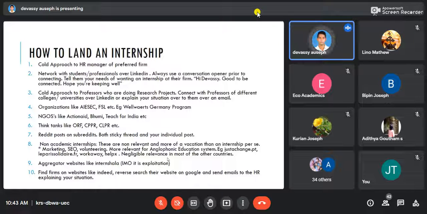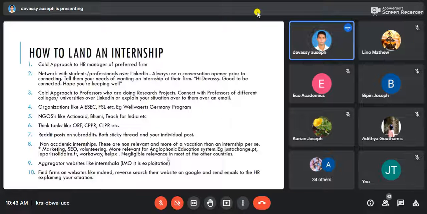And what you can do is you can reverse search their website on Google. So, for example, there is a company called JS Market Reports on Indeed. They are hiring somebody, not an intern. Talking about an employee. They are hiring an employee. What you can do is, this is quite tedious task to do, but what you can do is you find